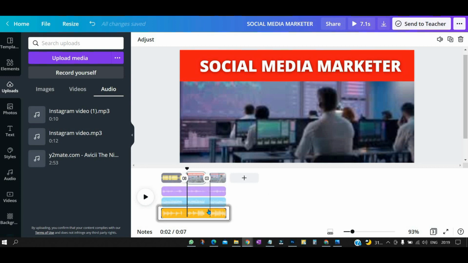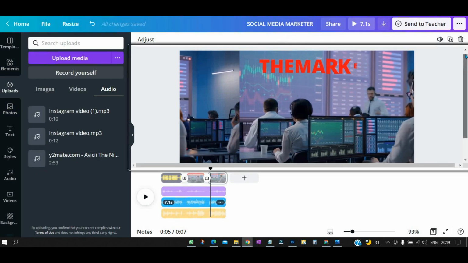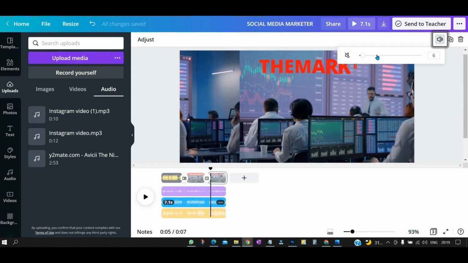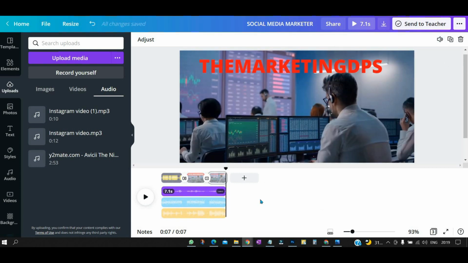This is my main audio. This one is the background music, so I want this voice to be a little lower. So what you can do is just select that one and head over to this sound option, and decrease the volume. Let me show you. Just decrease it to like 15, and this other one also, decrease it to 20 and 20.